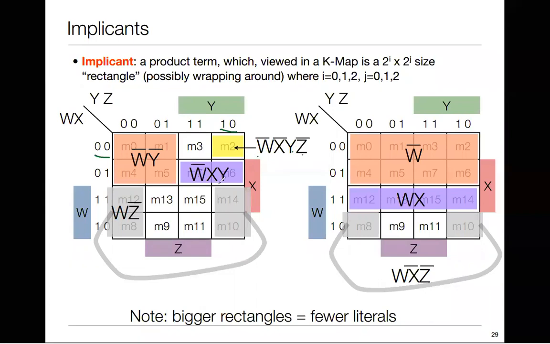Now we have this violet color, which is the third implicant. So what happens? 0 and 1 will be retained as it is. So 0 is W bar, 1 is X. Now for this one, you can see 2 cells we have. So we can cancel which one? I think this one and this 0 will be getting cancelled. So what is left out? 1, this one, and this one will be left out. So 1 is equivalent to Y over here. So it is W bar into X into Y. So this is the third implicant.